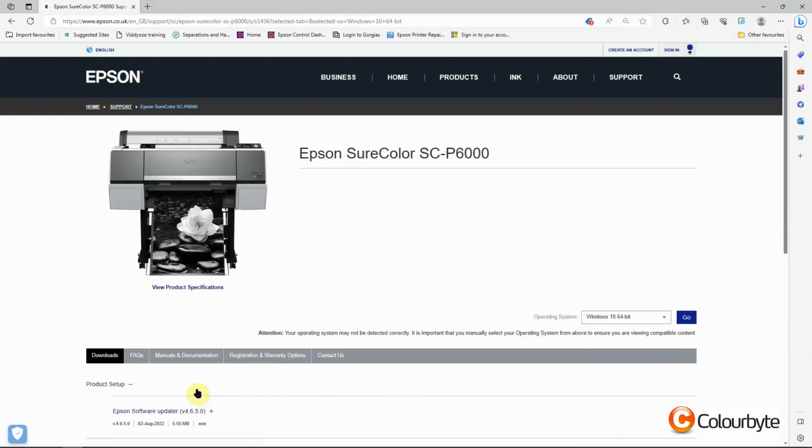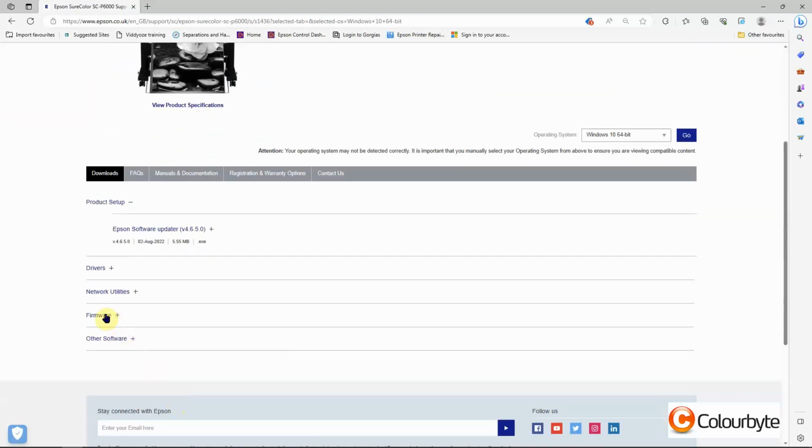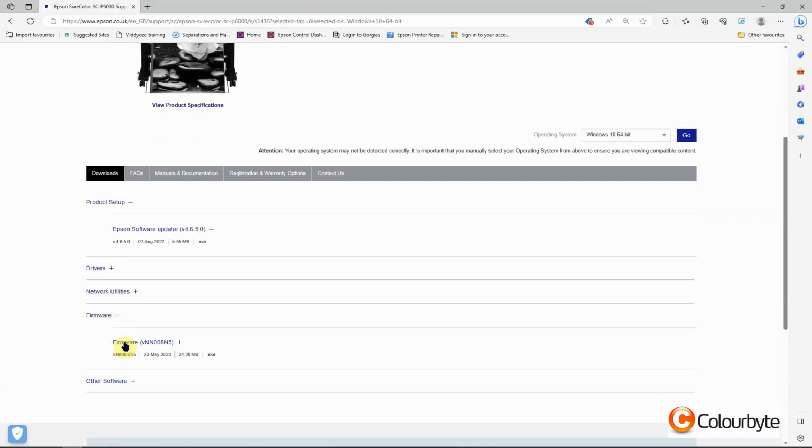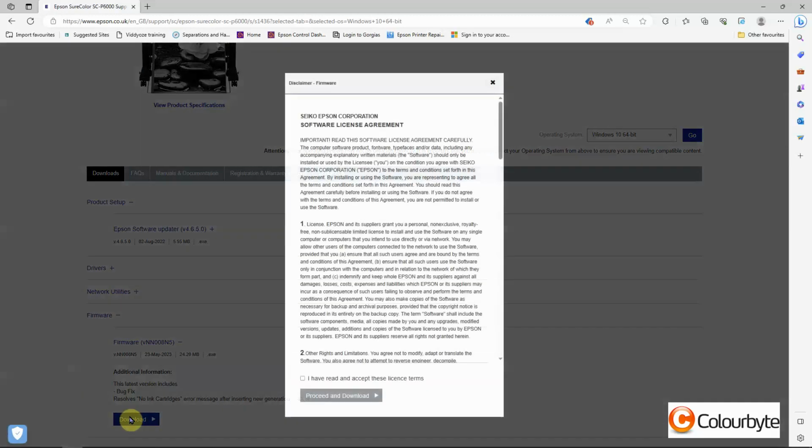In the next window, scroll up to the firmware section. Open the firmware section and click on the firmware to download. And download it. Accept the terms and conditions